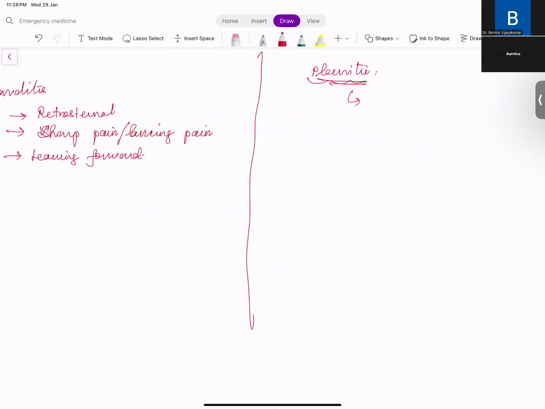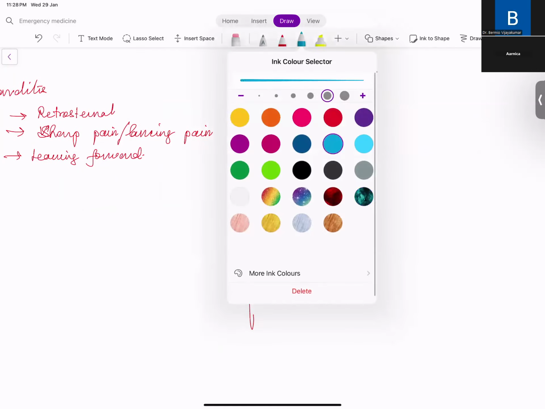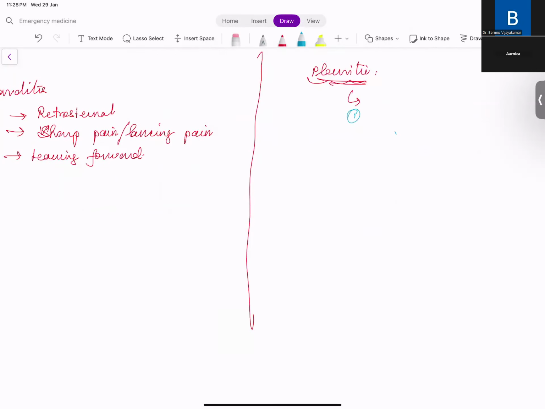Pleura is the covering of the lung, so what are the characteristic features of pleural chest pain? Like we discussed for anginal chest pain, the characteristics of pleuritic chest pain are, one, it is usually in the lateral aspect of the chest or axilla. Why axilla? The two layers of the pleura, parietal pleura and visceral pleura, are in close proximity in the lateral aspect of the chest. So pain is more in the axilla. As I told you, it is a lancinating or stabbing type of pain. It will be severe. What aggravates the pain is deep breathing